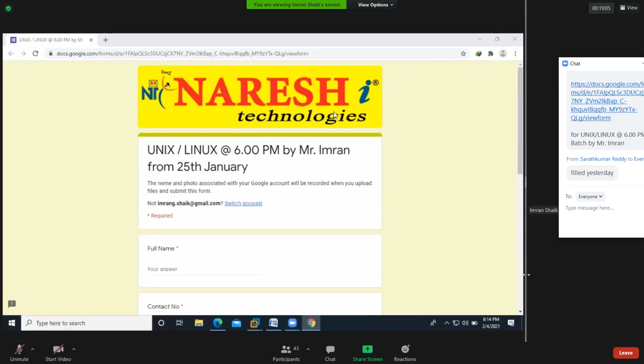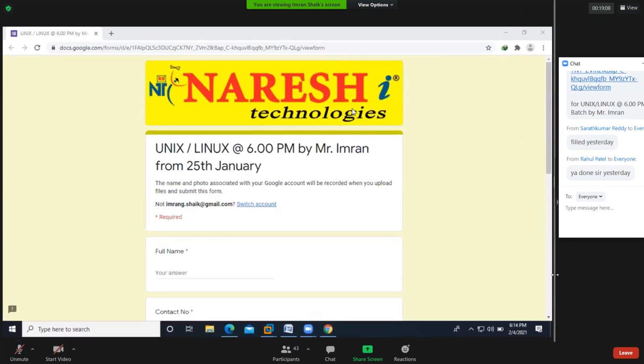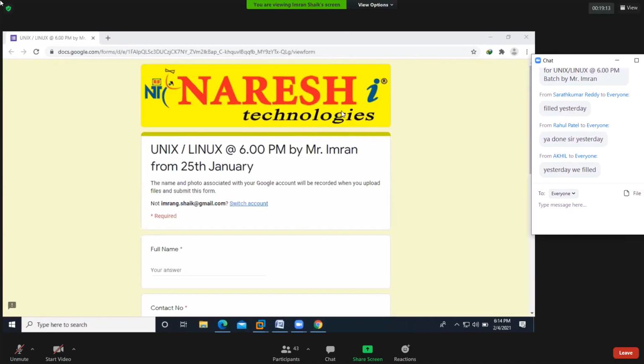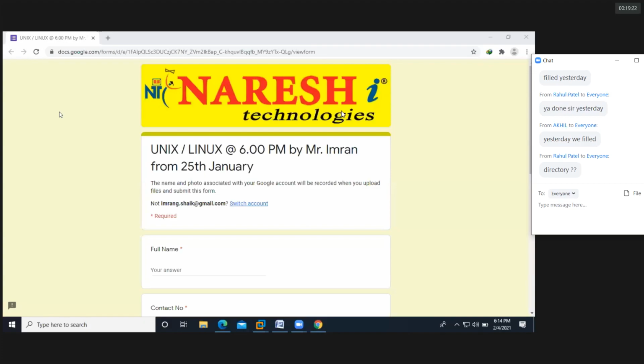Try to change the directory, Rahul. What you are trying to install, VMware, a virtual machine, you're using the default directory I think, so maybe it has some bugs. You can change the directory and install. Directory means the default folder in Windows. You can change the folder, then you can try to install. Change the installation location.